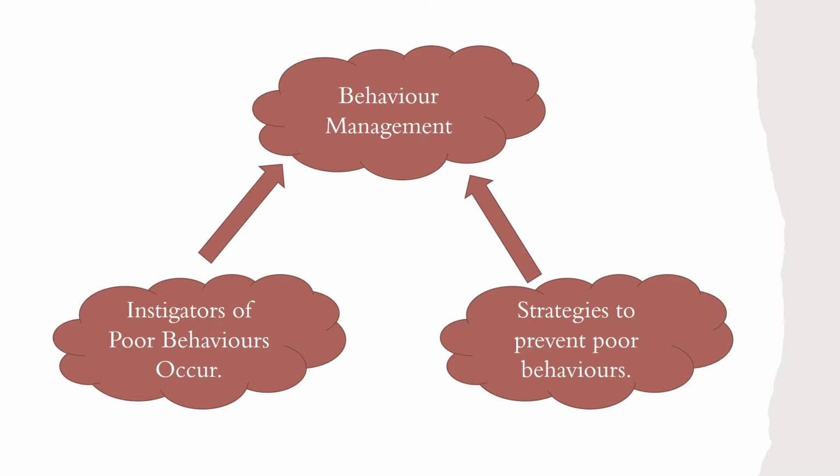To be successful at behaviour management within the classroom, there are two important components we need to know. We need to know the instigators of poor behaviours and strategies to prevent those poor behaviours. In going through the resource today, I'm going to specifically talk about some of the points that Dr. Glasser and Dr. Fuller exclaim through their findings, and then the strategies will specifically look at choice/reality therapy, along with a couple of others found throughout the research done in the modules.